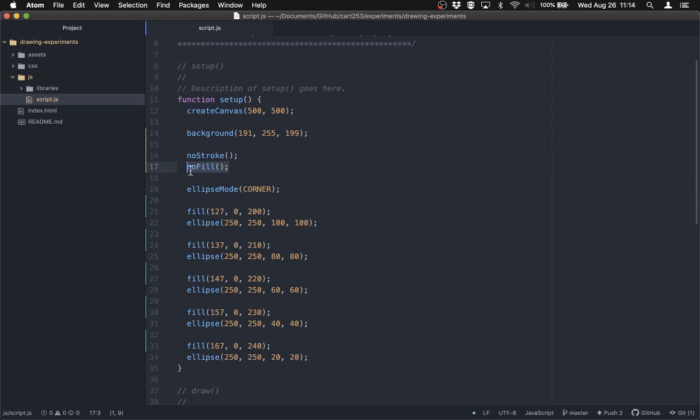No shape after this will be drawn with any fill. But as soon as I draw my first ellipse, I'm setting a fill, so no fill stops working. If I wanted that to apply, I would have to draw a shape immediately. The other thing that's not working here, of course, is that if I set no stroke and no fill at